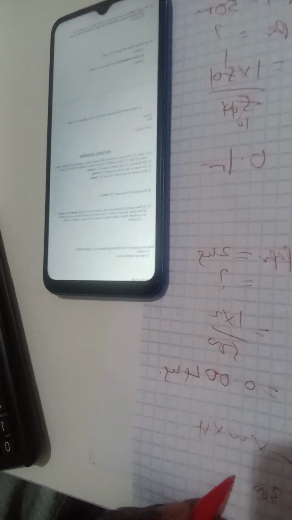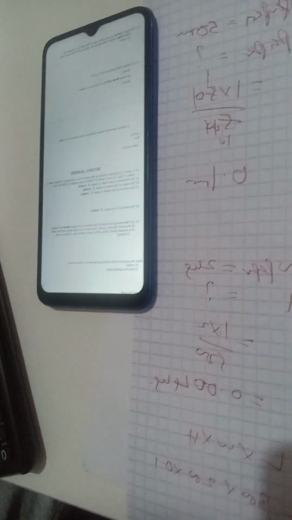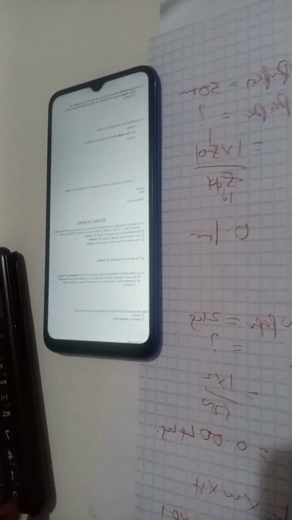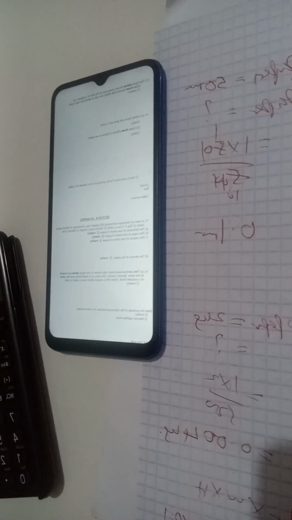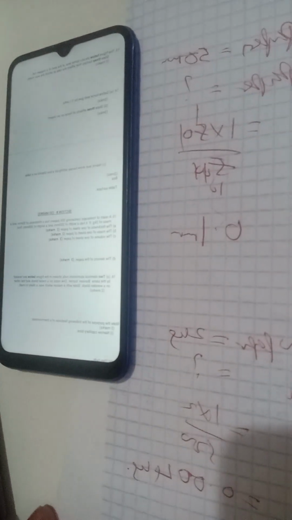If it is in standard form like this, then it means it can be made to be decimal place like that. Then the volume of one sheet of paper, volume is equal to length times width times height. That is, length is given as 300, width is 200, then height is 0.1. That will be 300 times 200 times 0.1 will be 6,000 millimeter cubed. That's the volume of one sheet of paper.